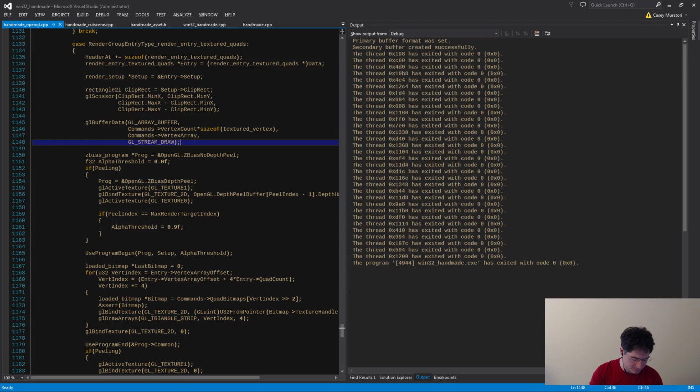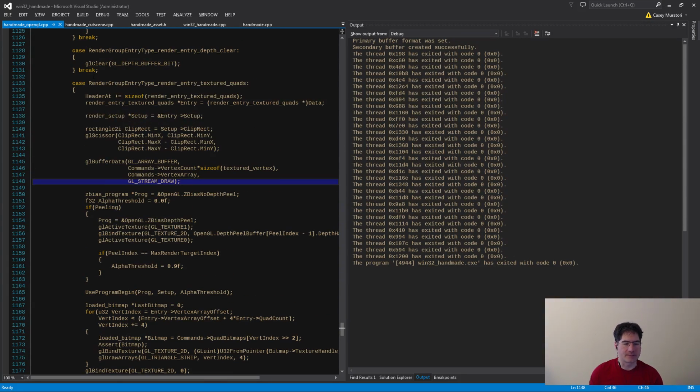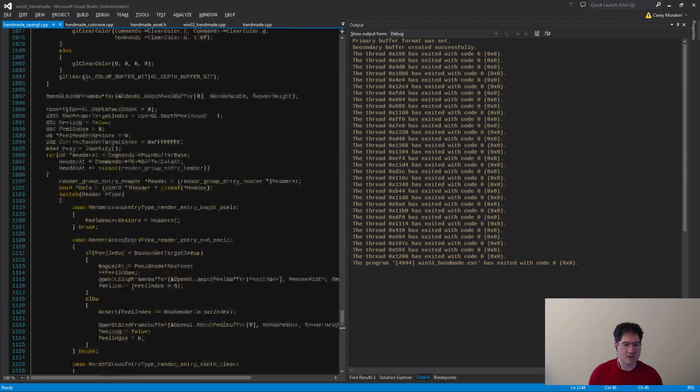So anyway, 2D probably isn't that interesting to them at this point, right? They're too busy doing like voxel cone tracing or something like this. Anyway, so if we take a look at what was happening